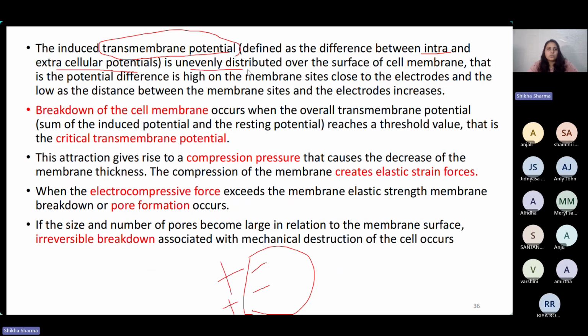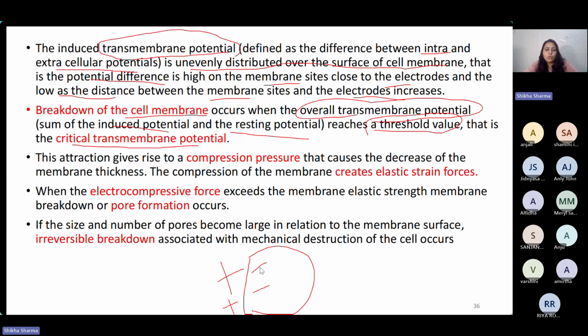So the potential is unevenly distributed over the surface of the cell membrane, and the potential difference is high on the membrane sites close to the electrodes, and low as the distance between the membrane sites and the electrodes increases. So there is a breakdown of the cell membrane when the overall transmembrane potential, which is the sum of the resting potential and the induced potential, reaches a threshold value, which is a critical membrane potential. When the overall transmembrane potential exceeds the threshold value, it will break the cell membrane,